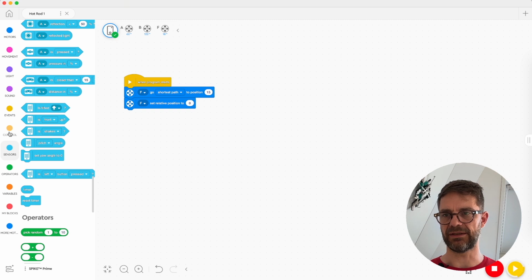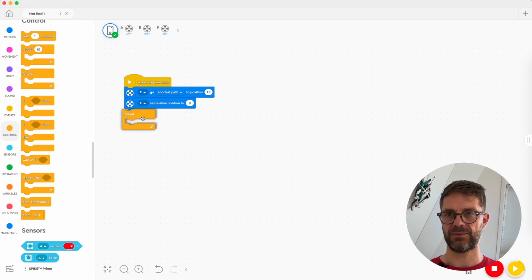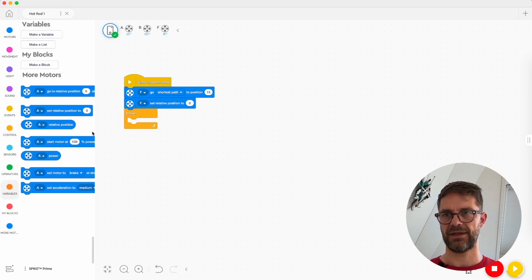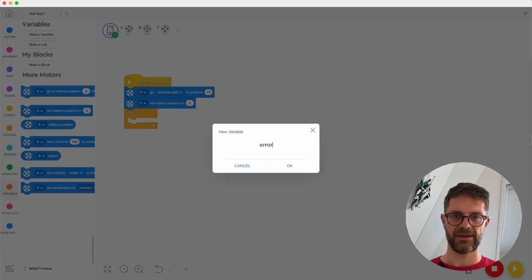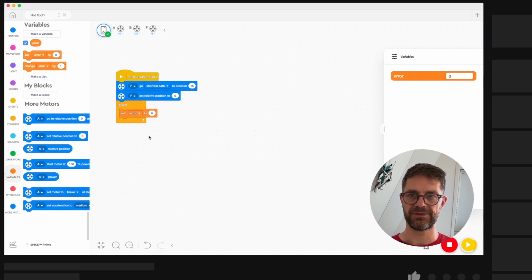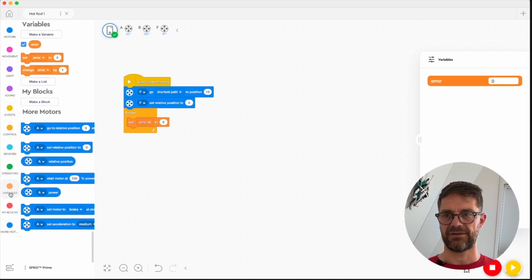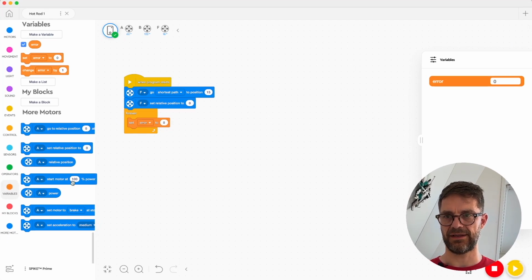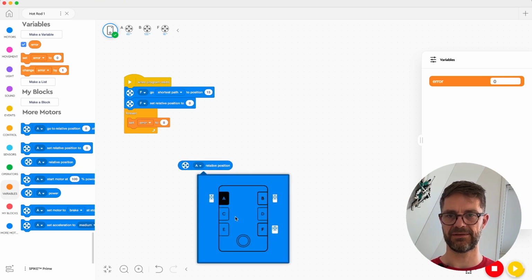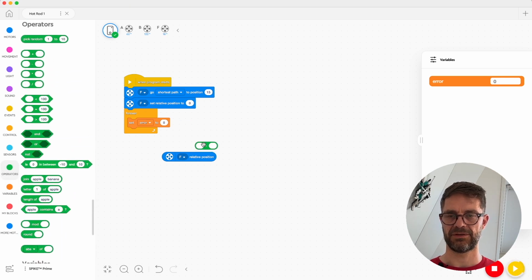Then next we need a control loop, and what we will do in this control loop is calculate an error. So let's make a variable for that, and the error is the difference between the actual motor position and the desired motor position. So let's calculate this from the relative position minus